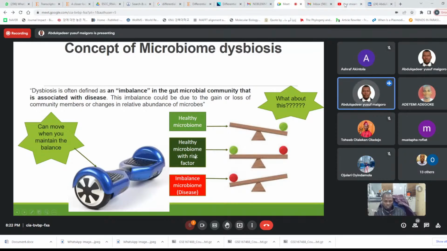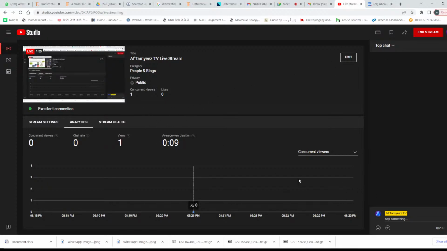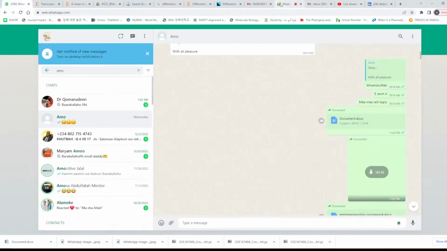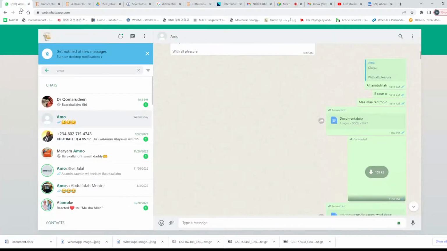Also, it can be healthy, but with a risk factor. This we assume is a risk factor. It's called healthy because you are not having any physiological imbalance and you are not showing any phenotype as a result of that. But still, there is a risk factor. But by the time it becomes completely imbalanced, then you can start to show certain phenotypes and completely affect your physiology. So in this case, we can say it's completely a disease,